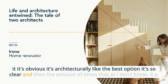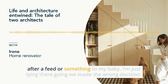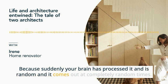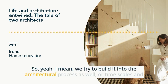It's so clear. And then the amount of times that at 3 a.m., after a feed for my baby, I'm just lying there going, we made the wrong decision. Because suddenly your brain has processed it and it's random and it comes out at completely random times. So we try to build it into the architectural process as well, or the timescales, and tell our